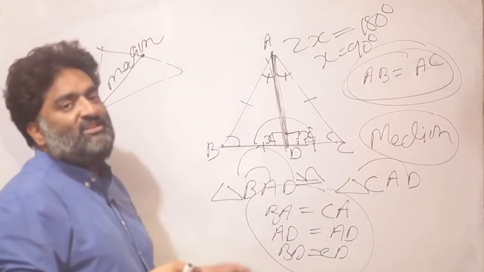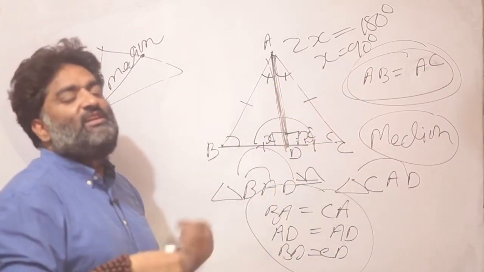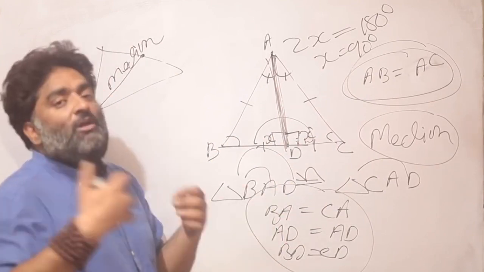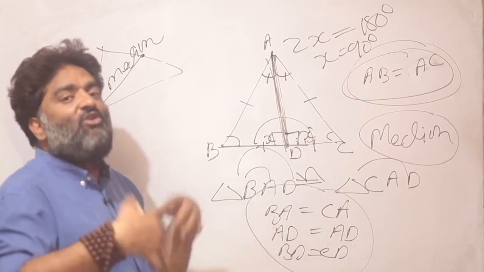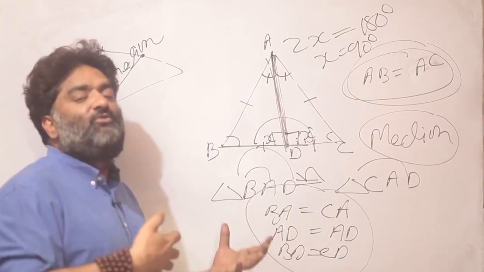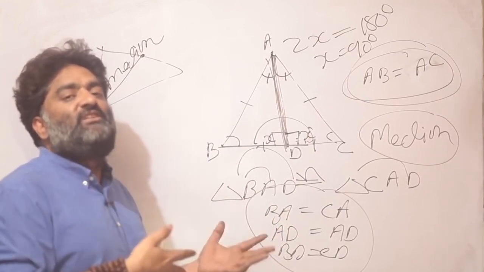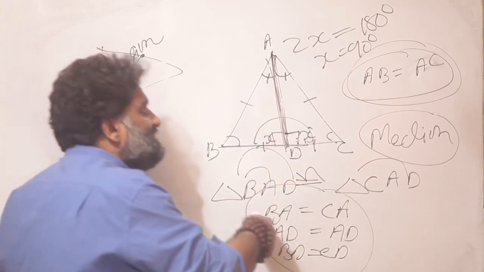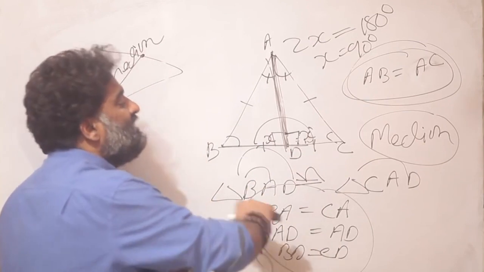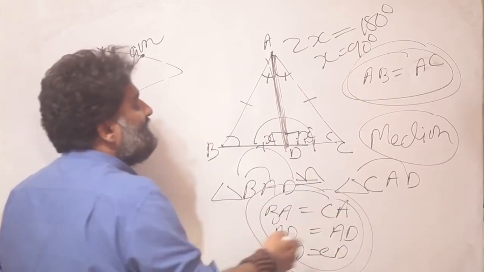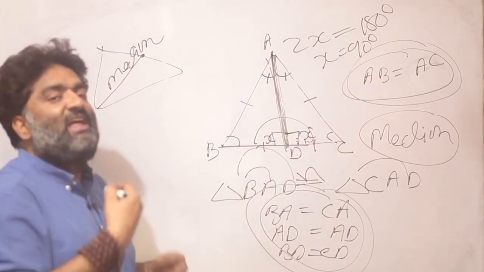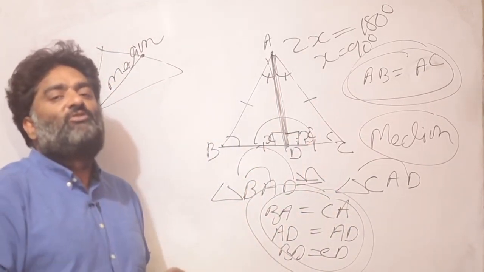Just as a demonstration, we will approach these triangles over and over again when we go deeper into triangles as such. But this is an early demonstration of how congruence is going to play out for you. How are you going to use it in the real problem solving situation. So once you figure out that the triangles are congruent, a lot more opens up for you. With these three pieces of information, you can derive three more pieces of information, and that is the whole advantage of using congruence as a concept.